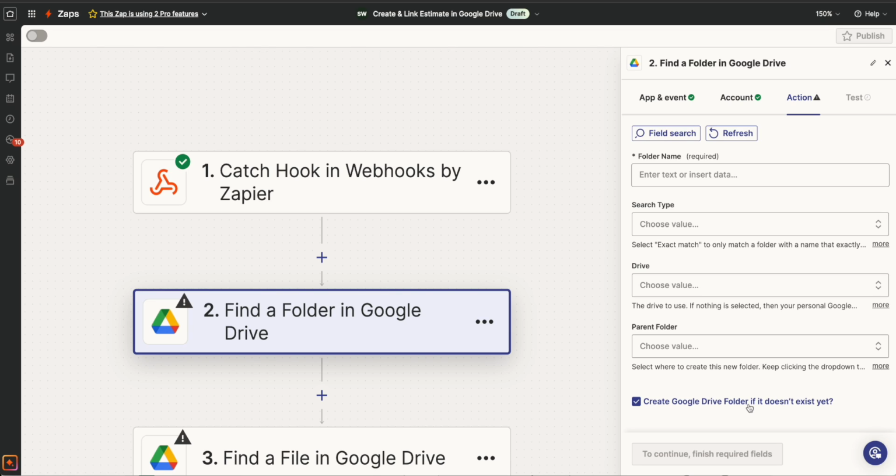Now you don't have to set it up this way. You'll see later why I'm setting it up this way, but you could just always say create a folder. That way it doesn't matter if this client already has a folder, it'll just create a new one. But for some other automations I'll explain at the end, it might be helpful to just find the folder and